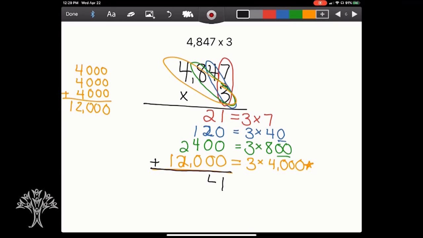All right, then I'm just going to add down my columns. And for this one, I get 14,541. Okay. Now, remember, a great way to check your work is to solve the exact same problem with the area model, or to get a calculator when you're all done and check your work that way. But if you did make some mistakes, I want you to go back. That's when your brain's really going to grow. If you can go back and try to find where that mistake was at, what happened, it's always really important to go back and look at that.